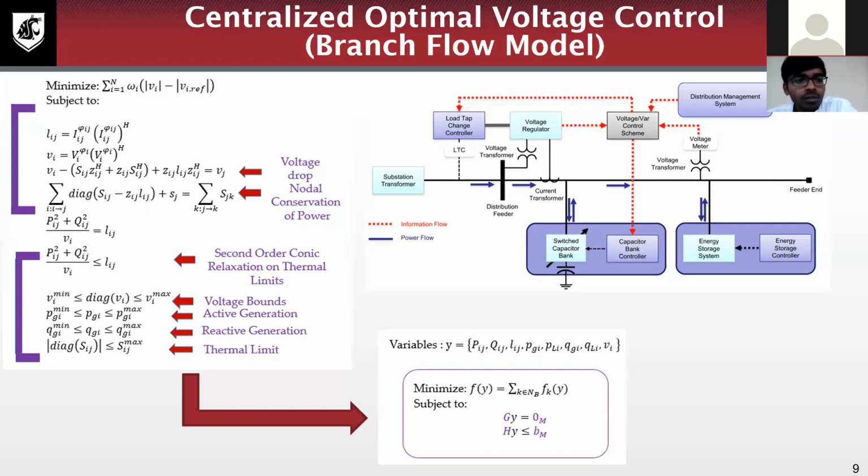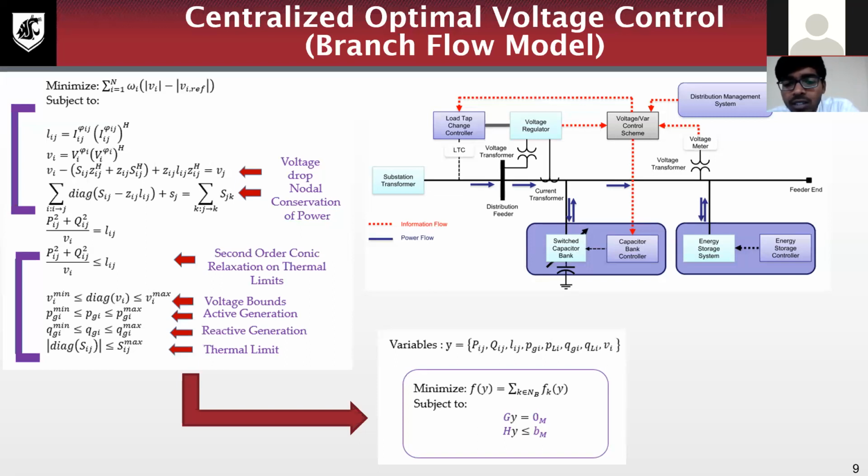So this whole problem formulation in the branch flow model can ultimately be expressed in a very simplistic way by this set of equations. The variables that we have are Pij, Qij. Pij is the branch active power flow from node i to node j. Similarly, Qij is the reactive power flow. Lij is the current square term from i to j. Pgi, Pli are the generation and loads at node i. Similarly, Qgi, Qli, and voltages. So all these variables are represented in a set, and this is represented in the form of y,